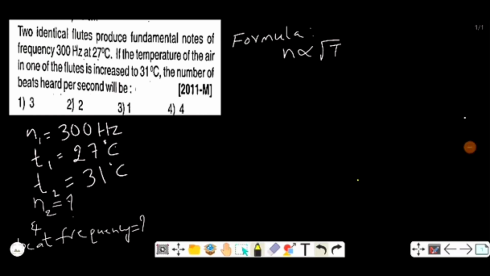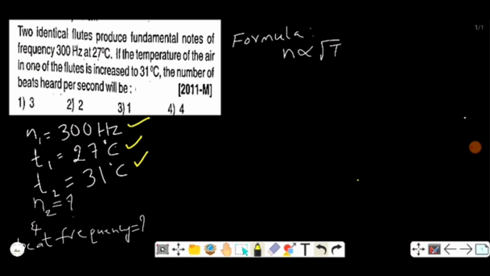Two identical fluids produce fundamental notes of frequency 300 Hz at 27 degrees Celsius. So the frequency N1 is equal to 300 Hz, temperature T1 is equal to 27 degrees Celsius. If the temperature of the air in one of the fluids is increased to 31 degrees centigrade, that is T2 is equal to 31 degrees Celsius, the number of beats heard per second will be